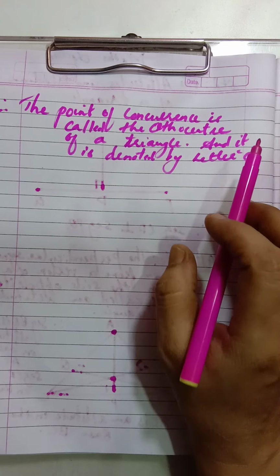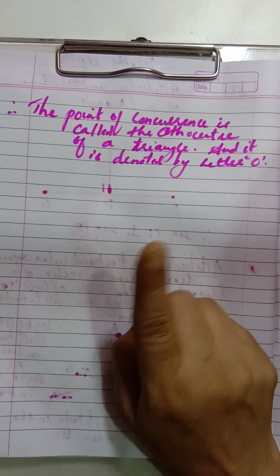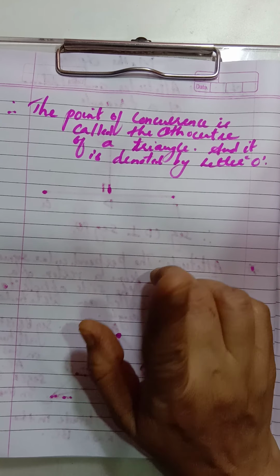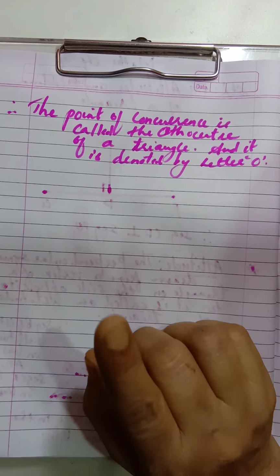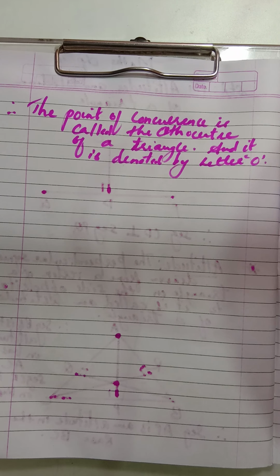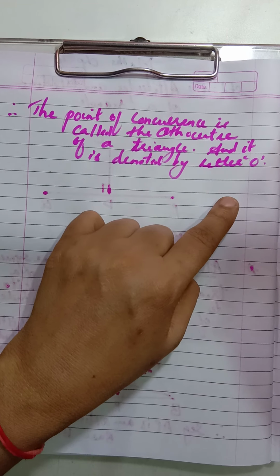So I hope that this altitude is very clear. Children, you will learn the definition of the altitude. What is altitude? The perpendicular segment drawn from the vertex to the opposite side of a triangle is called the altitude. The definition you will learn by heart, okay. If you learn the definition, then it is easy to understand the concept. And further, I have shown how we have drawn a perpendicular, how we have drawn the altitude from all the three vertices, and the point where all the three altitudes drawn from the three vertices intersect is called the orthocenter, and it is denoted by letter O.